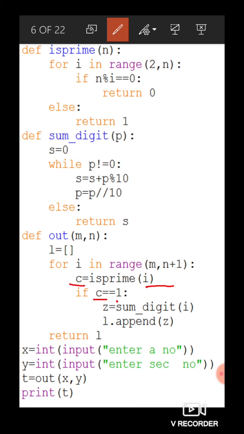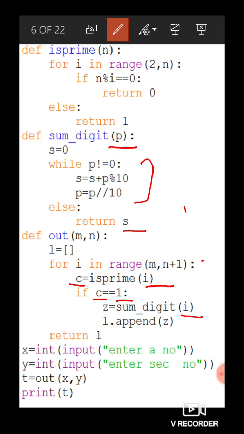So, C is compared with 1. If it is 1, then the sum of digits of I will be calculated. So, we will go to the sum digit function, where the number will be received in P, and then the sum of digits of the number P will be calculated with the help of this loop, and whatever is the sum, that will be returned.